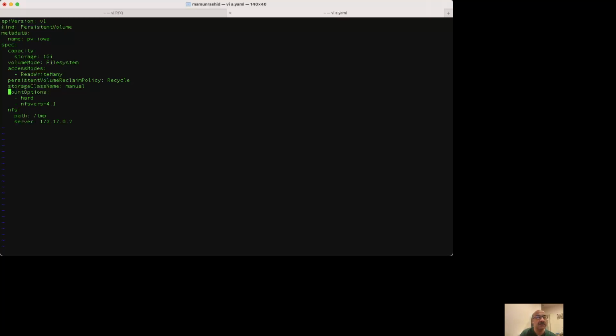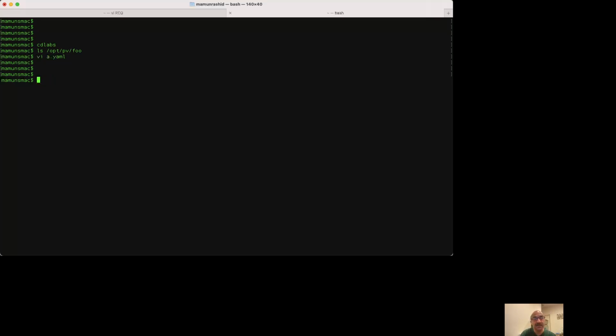These things are all special things for NFS. I don't care about that, so I'm going to get rid of it. And what we do need to add is the hostPath. So how do we find what to add there? Again, for the 100th time, you have to use kubectl explain for this thing. That will make your life during the exam much easier. So we will do